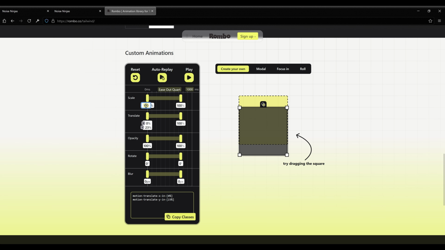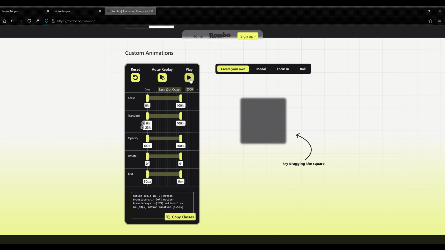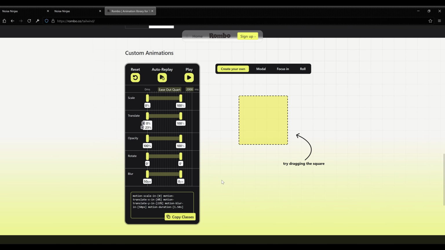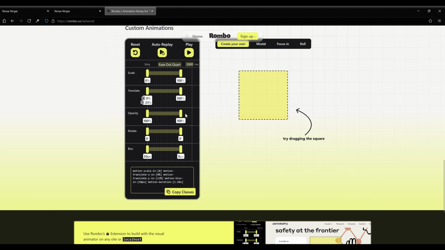And then what I've done is, let me do scale 0, and I have added blur of 50. So this is how my animation, let me do it 2000 milliseconds. This is what's actually happening. Nothing more fancy than this. And doing all this, this is the animation that I got, and this library, the rombo.co page, has